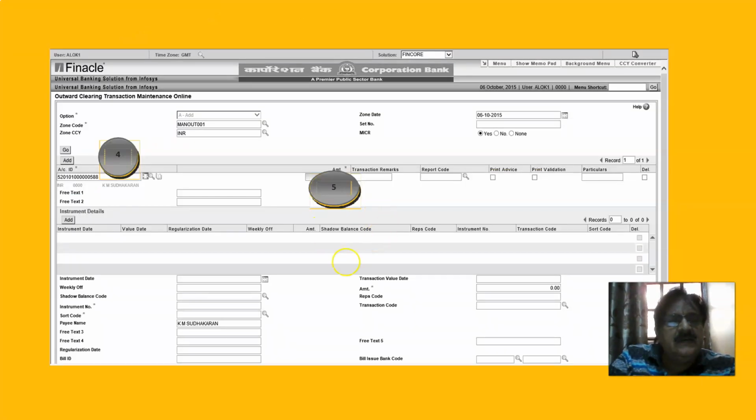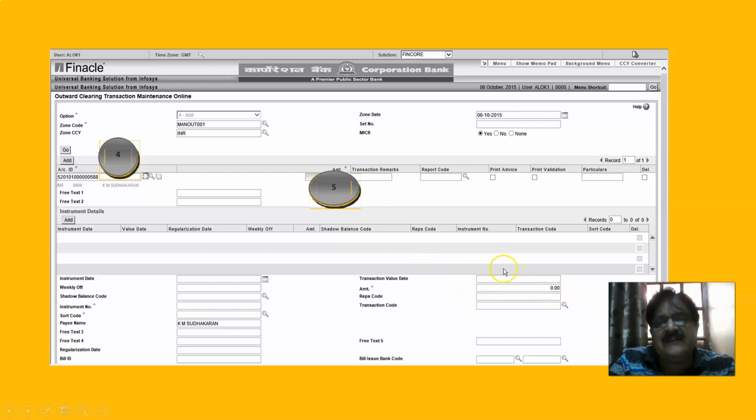So you see here, we have entered the account ID here, which is the account of our customer, right? The amount goes here in column number 5. You don't have to do anything here, just keep on adding from here itself, right? Then here the account number, here the amount, the instrument date, if it is value dated, otherwise the amount will be entered again here.